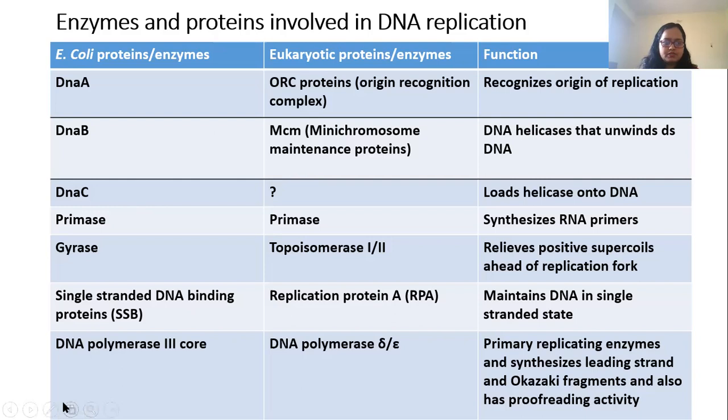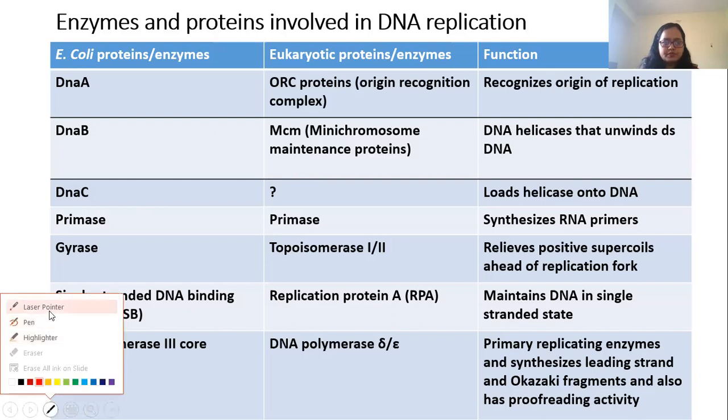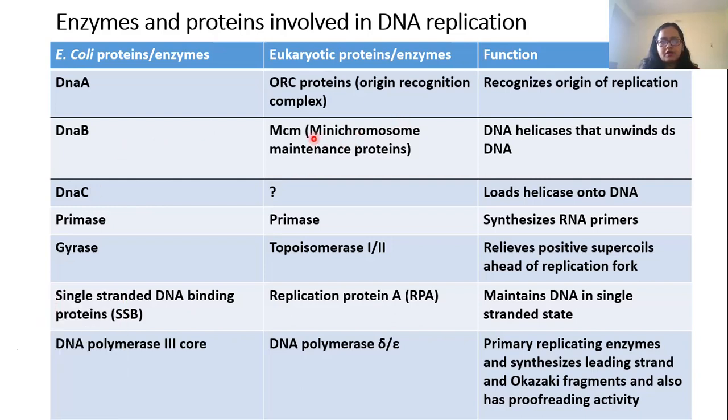The second one is the DNA B protein. DNA B protein, its analog in eukaryotes is MCM, or we can say mini chromosome maintenance protein. It acts as a DNA helicase. So in eukaryotes, DNA strands are separated by MCM proteins, which unwind the double-stranded DNA. The DNA C protein, which is unknown or uncertain in case of eukaryotic proteins, its function is to load helicase onto